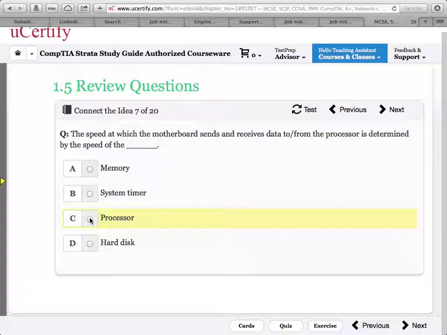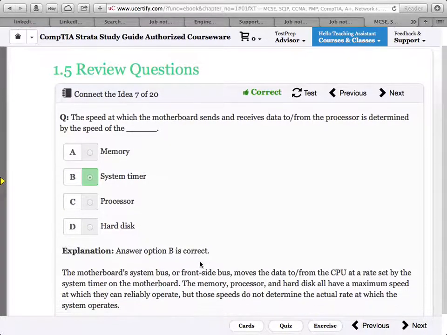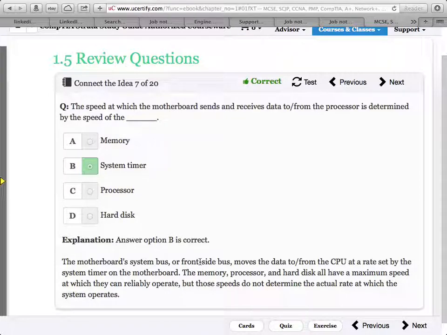Yes, it said the speed. Listen carefully, guys. The speed at which the motherboard sends and receives data to and from the processor is determined by the speed of what? Memory. B. Memory. The answer, we did it in class yesterday. The time clock. We call it the system clock.